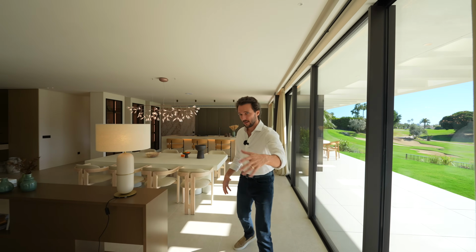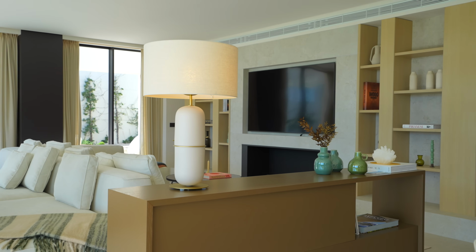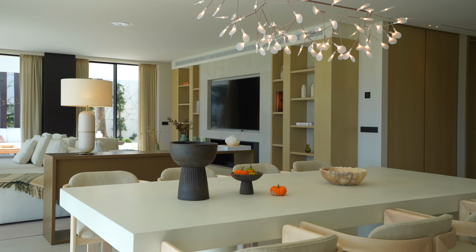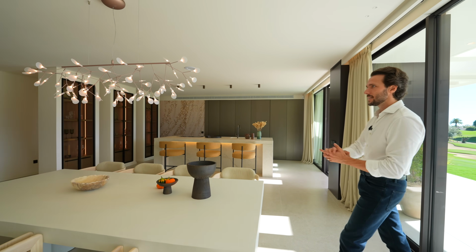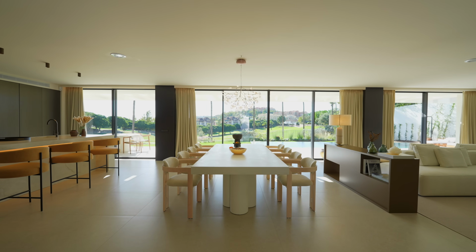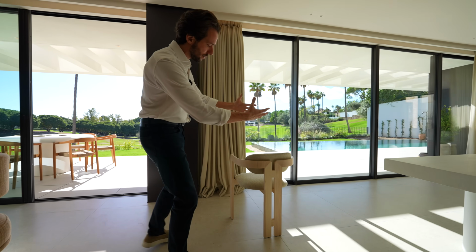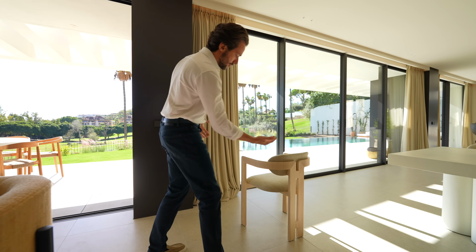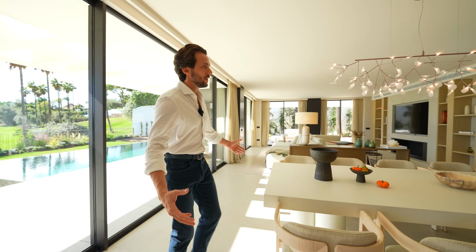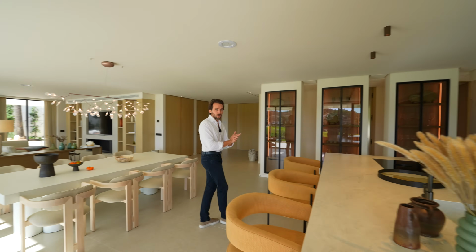Now wait, Patrick. You see how bright it is here? We have a window front all around, so the luminosity is flooding this area. Here we have the console that divides the formal living room lounge area from your dining table and this sort of micro cemented polished table, which is super neat, with the chandelier illuminating it. Big fan of these chairs because the legs kind of look like a unity. I don't know if I will make sense in explaining it, but it looks like it was crafted out of one piece. There's a nice continuation, and the upholstery on the seats is also super comfortable. But yeah, you get to see ample space, nice and airy, and lastly, we would be welcoming you guys to